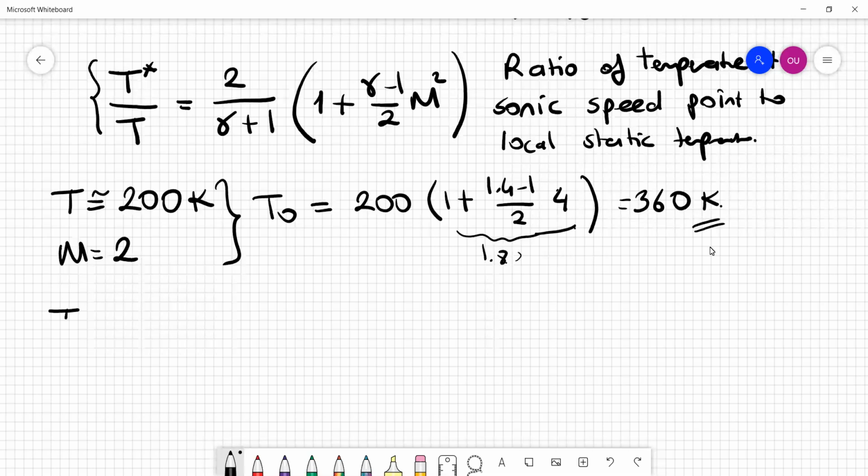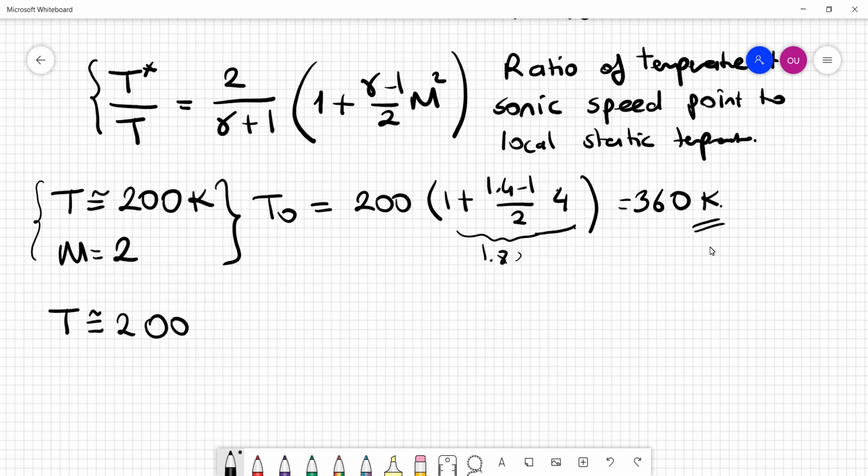So let's consider another extreme case. This is a typical case. Actually, the Mach number is quite low. Maybe for a fighter aircraft it's not that low, but for a missile it's quite low. Let's say